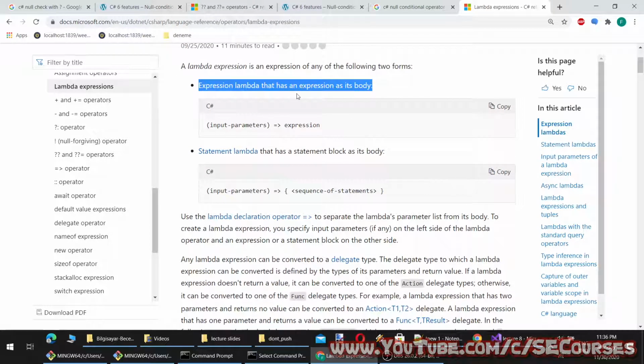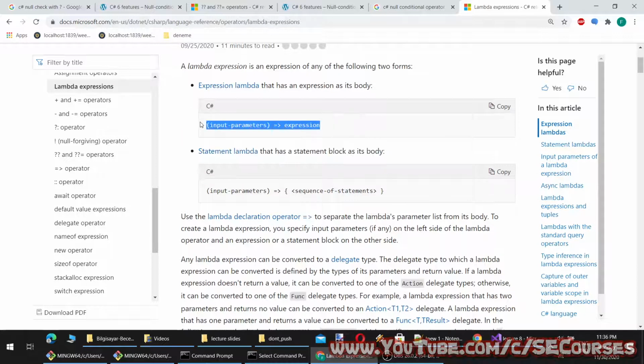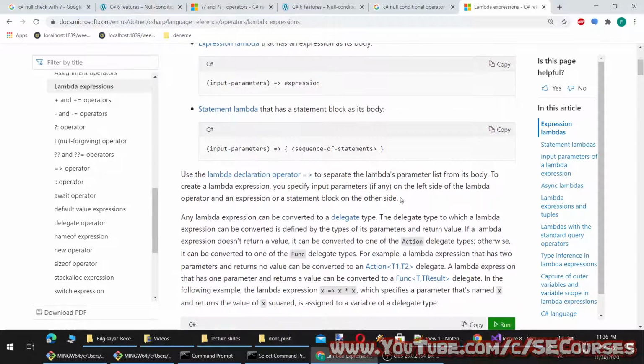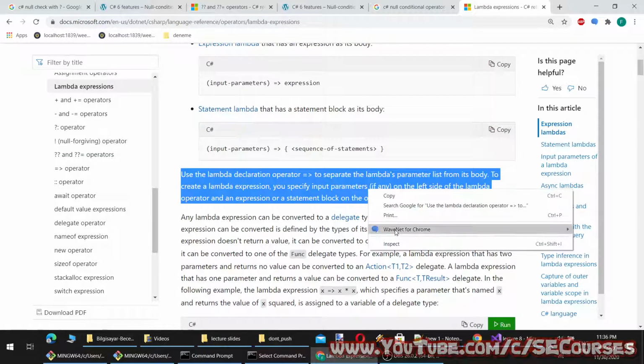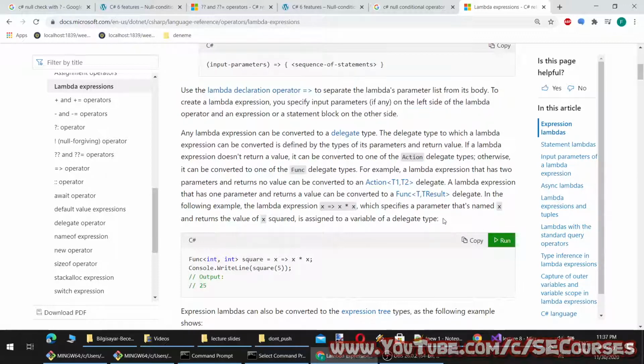Expression lambda that has an expression as its body. Statement lambda that has a statement block as its body. Currently we are using expression lambda. Use the lambda declaration operator => to separate the lambda's parameter list from its body. To create a lambda expression, you specify input parameters, if any, on the left side of the lambda operator and an expression or a statement block on the other side.